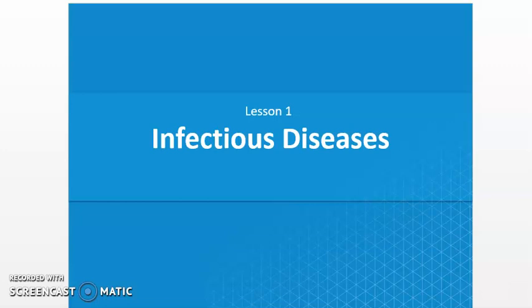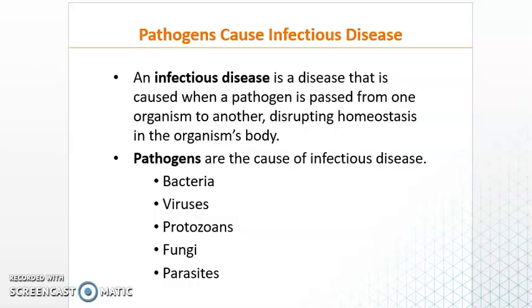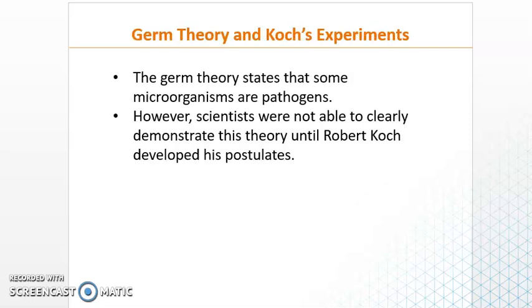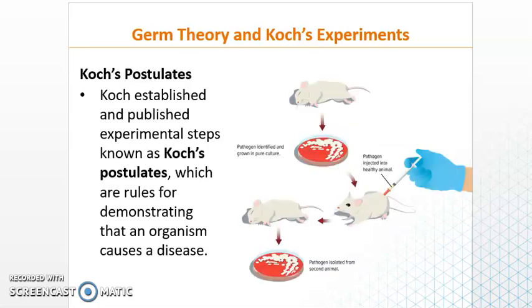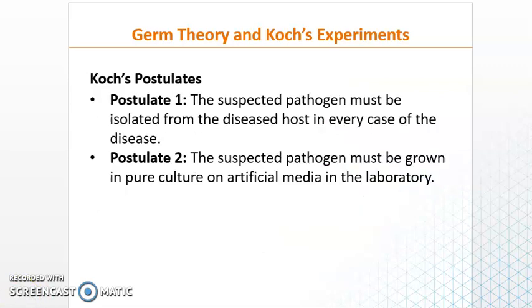We knew the infectious diseases can spread between people and they are caused by pathogens. These pathogens can be bacteria, viruses, protozoa, fungi, and parasites. And the scientists established germ theory, which states that some microorganisms are pathogens, which means not all microorganisms are pathogens. On the other hand, we studied Koch's postulates, which are the steps we have to follow to be able to say about a microorganism, this is a pathogen which causes